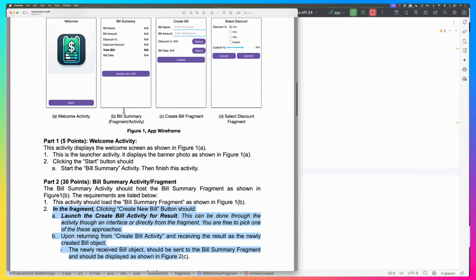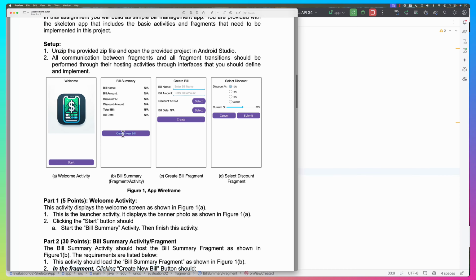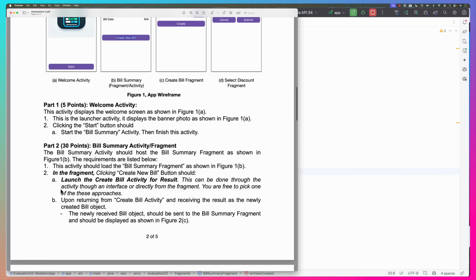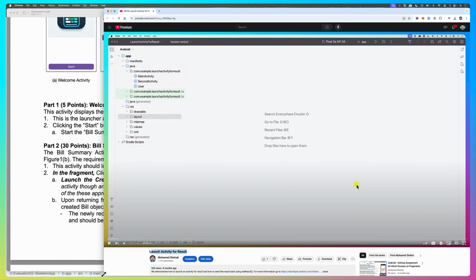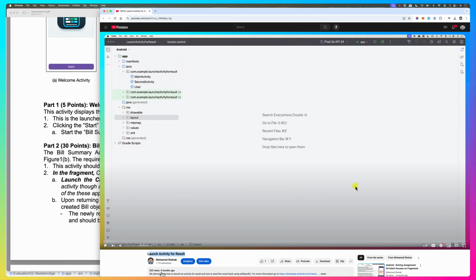Now I would like to do this: when you click on create new build, it should launch the build activity for result. So what I did is I looked at my videos. One of the videos is launch activity for result. That's the new one, it's an 8-month old video. Now if we scroll a little bit, it will show you